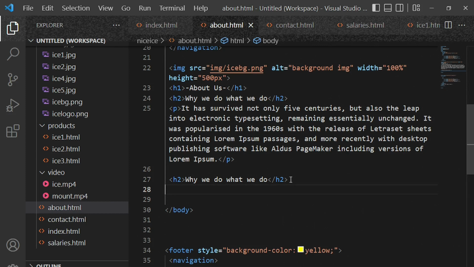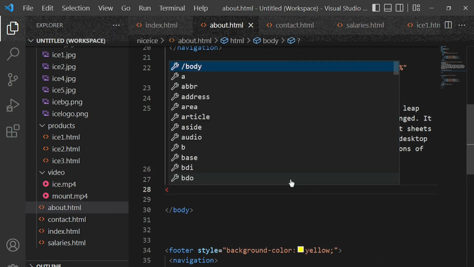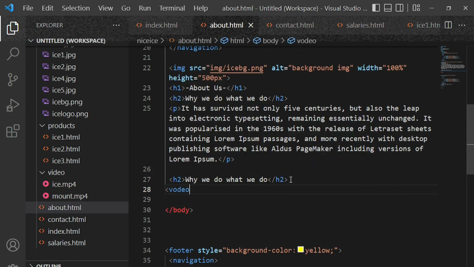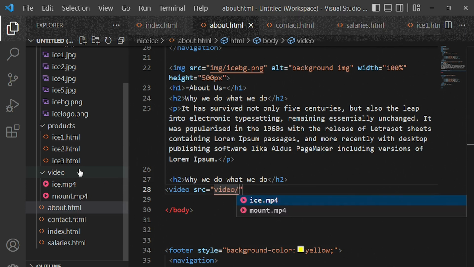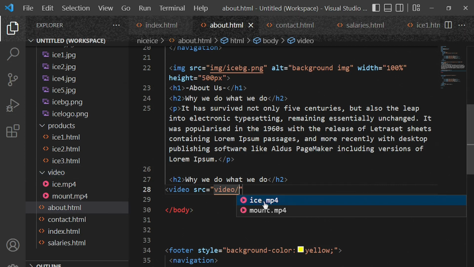So less than, we put video, and inside here let's put src, and this is the source, equal to. Now we have our video inside a folder, so you put video / and then we pick this one, okay, the ice.mp4,